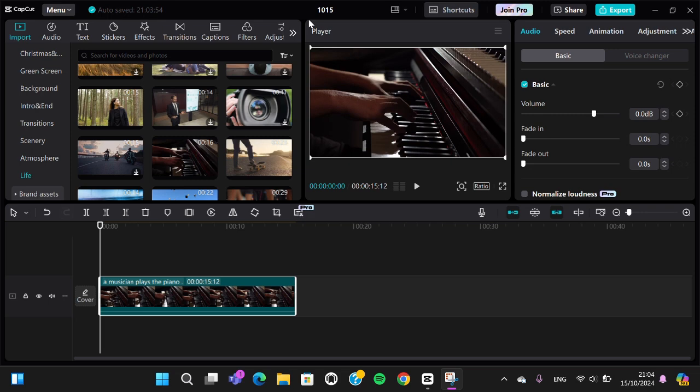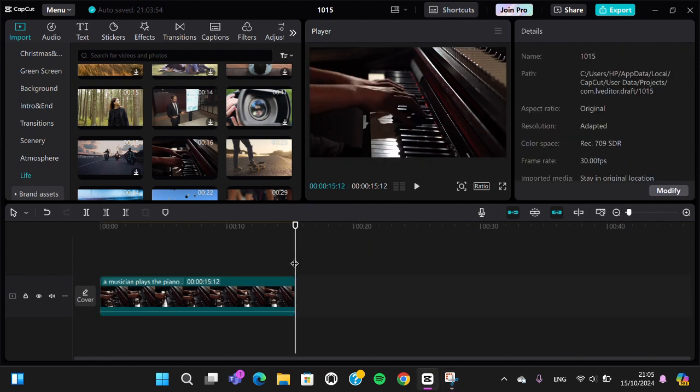In today's tutorial, I'm going to show you how you can create a realistic night vision effect in CapCut PC. Okay, let's get into it guys. I have created a project in my CapCut PC application and I'm going to create the realistic night vision effect